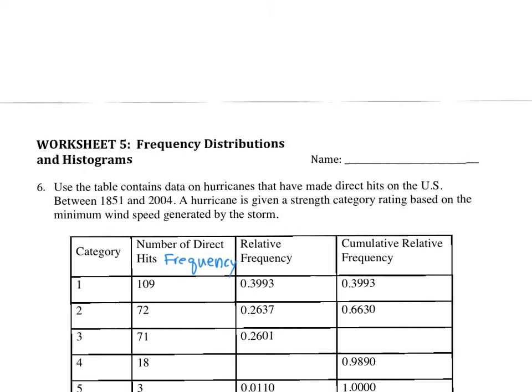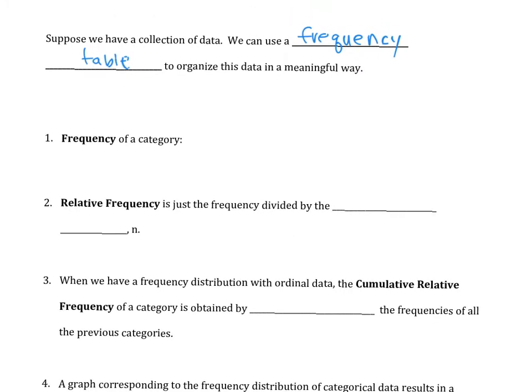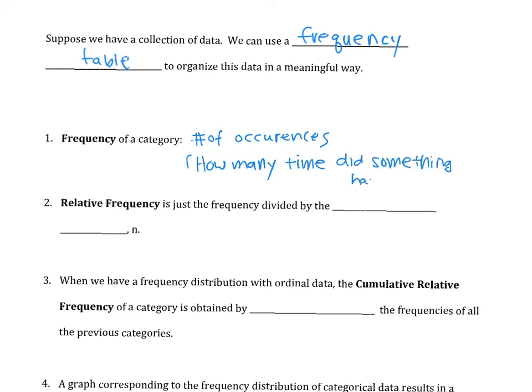Let's go back to our terminology definitions. Frequency just means the number of occurrences, like how many times does something happen? That's just a frequency, or how many times did it happen. Relative frequency is just the frequency divided by the total number,